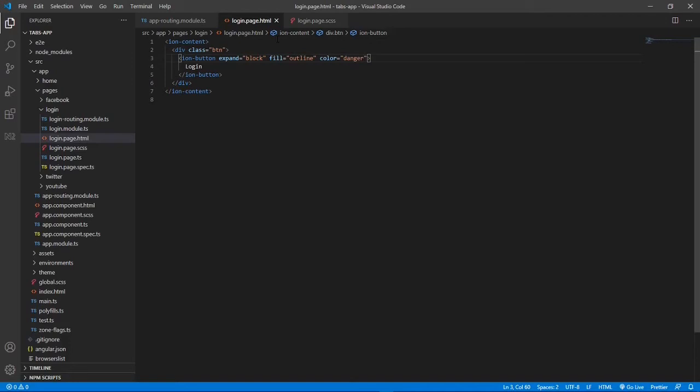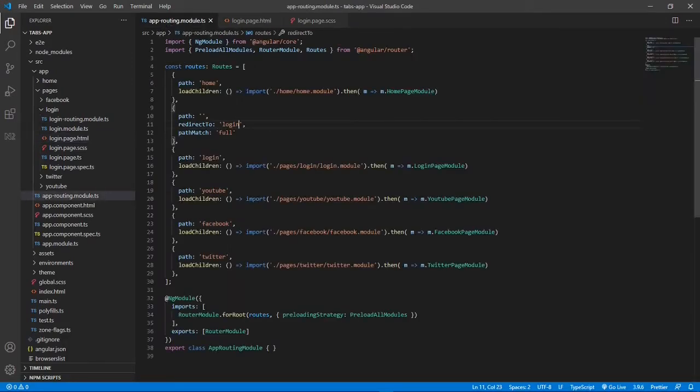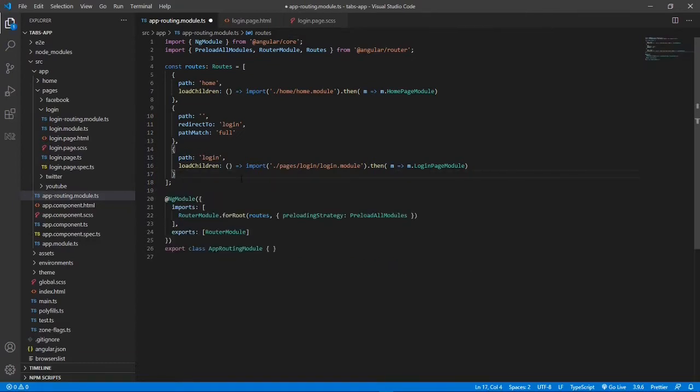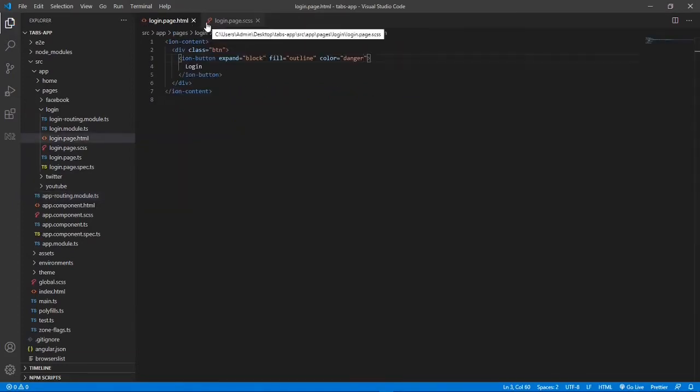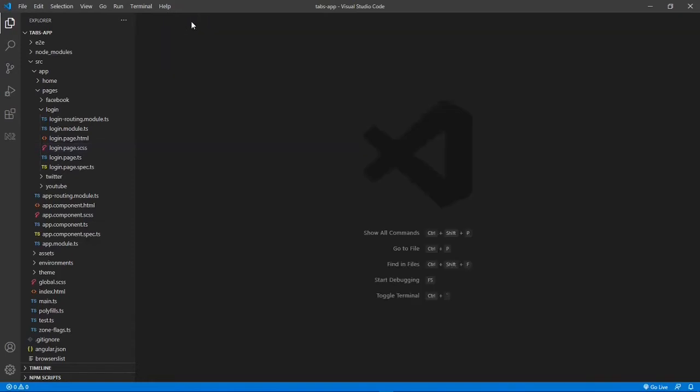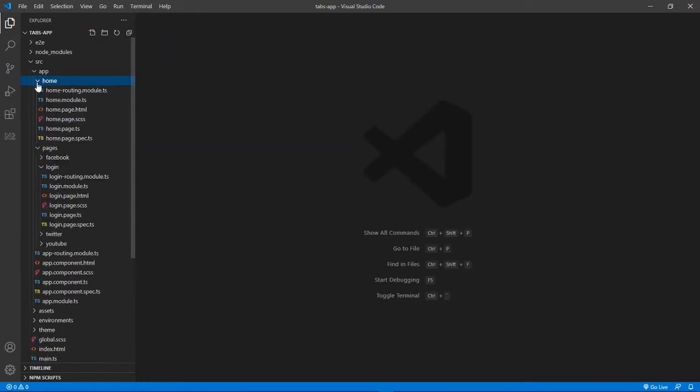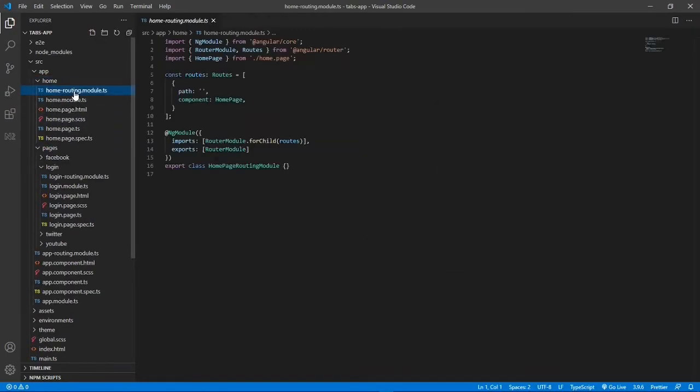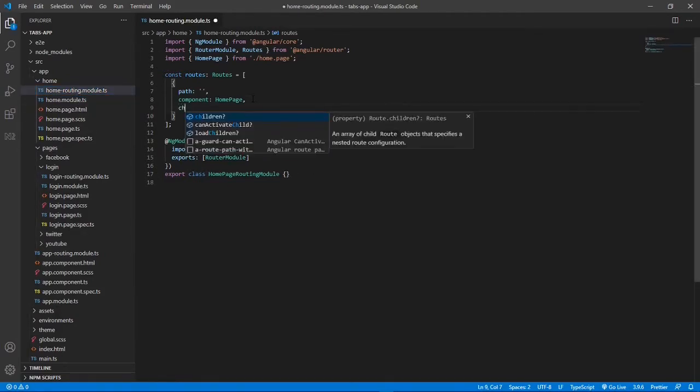Okay, now let's sort out the issue of routing. Let's come to the app routing module. Okay, so let's remove the Twitter page, Facebook page, as well as the YouTube page, because we want them to be the child of home page. Let's save this file and close it because we don't need it anymore. Now let's come to this home page folder and open the home routing module. We're gonna come here and add